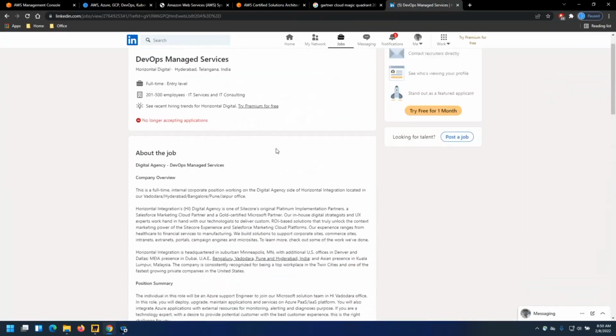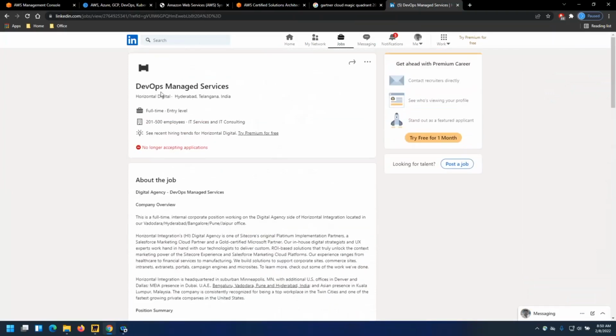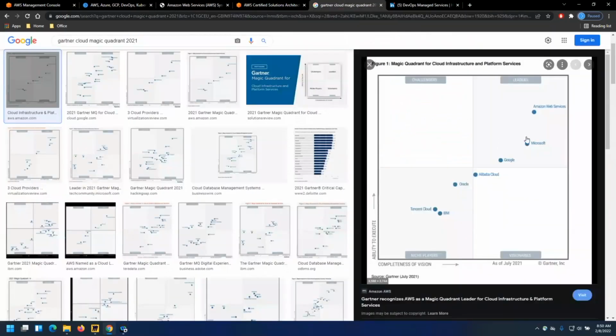Same thing, the market is going that way. It's not just our organization; it's across the globe, across job roles. If you see, the majority of the people are asking for multi-cloud professionals. Moreover, out of these three, I would recommend you have at least two skills in your CV. Anyway, your leader is AWS here.